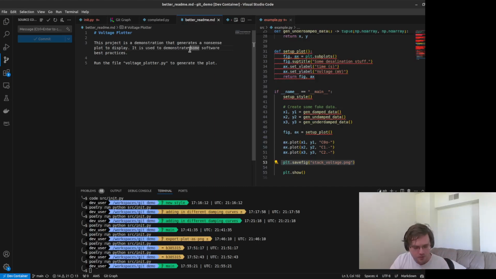I kind of just wanted to push across the point that using Git can give you all these different tools to make it very easy to work across time with yourself, work across your big complexity projects where you're adding lots of different features, and most importantly, working with other people. Using Git in this kind of way makes life a lot easier.